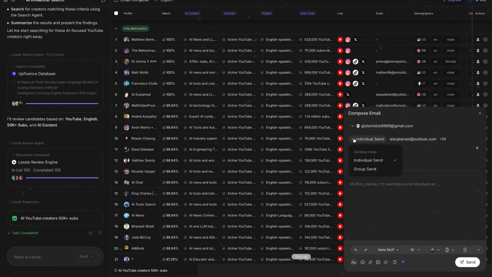You can choose between individual send and group send. Individual means each person gets a separate personalized email, which is what you want for sponsorship outreach. The best part is the AI prompt feature at the bottom. Instead of writing the email yourself, you click the AI Compose button, describe what you want, and Lessie generates the